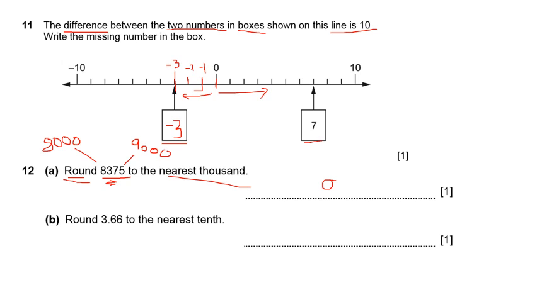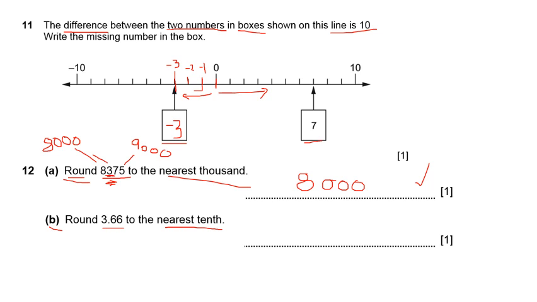And the answer is 8,000, of course. Remember, we have to look at the hundreds. 0, 1, 2, 3, 4, round down. 5, 6, 7, 8, round up. B, round